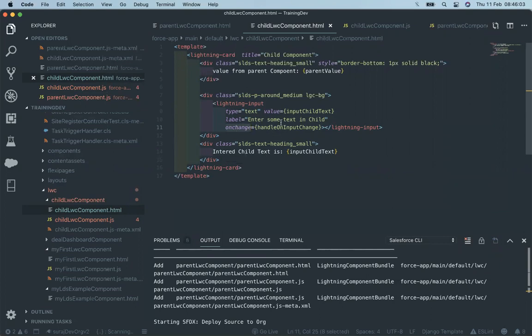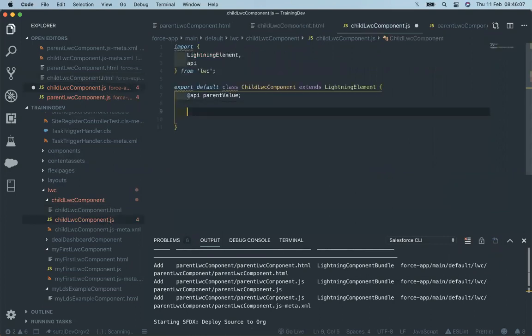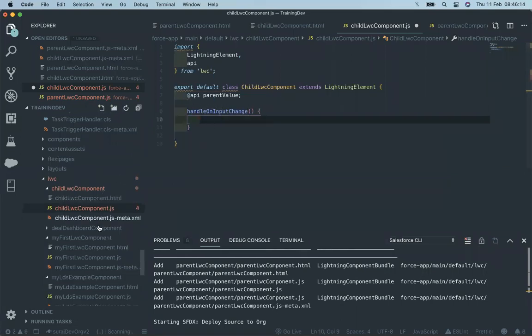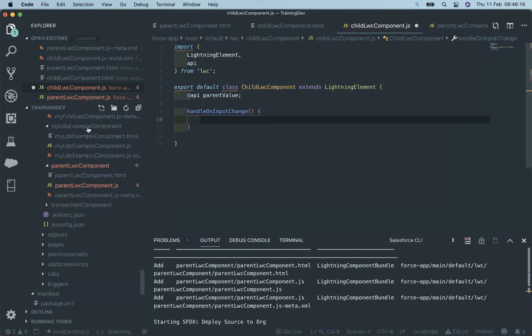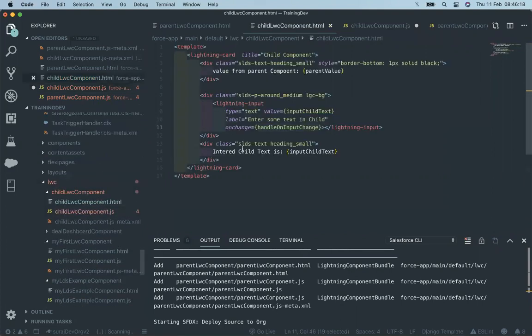Yeah. So first let's work on the child thing. Handle on input change. The same thing that we have done up here. First, we need to declare a variable, input text, in the JS file.